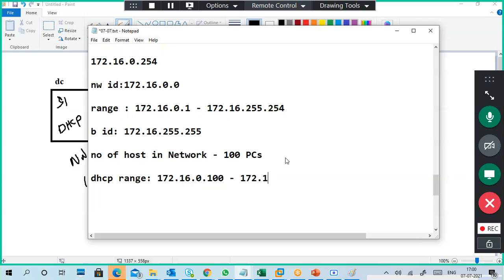So previously I used 10, 20 like that. 100 to 200 means almost 101 IP addresses you will get. I took an average, like you can start with 101 or otherwise you can start with 100 also. So this is my range, 100 pieces. If in case I need 150, like 100 to 250, that is around 151 IP addresses you will get, right? So like that I have 100 pieces, then I created like this.